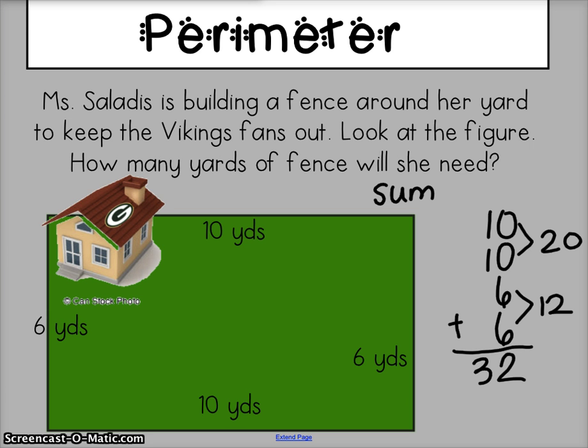I also could have done 0 plus 0 plus 6 plus 6 is 12. 1, 2, 3, and then put my 3 for my tens place. So she would need 32 yards of fence. So I might even write all of my details